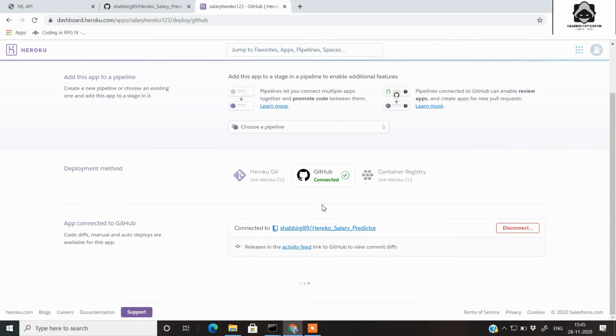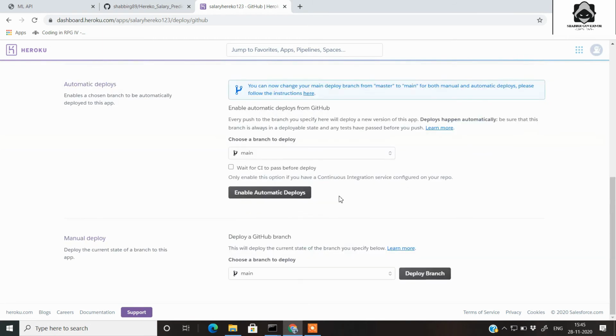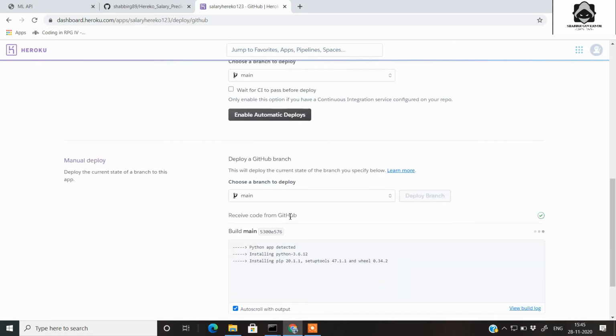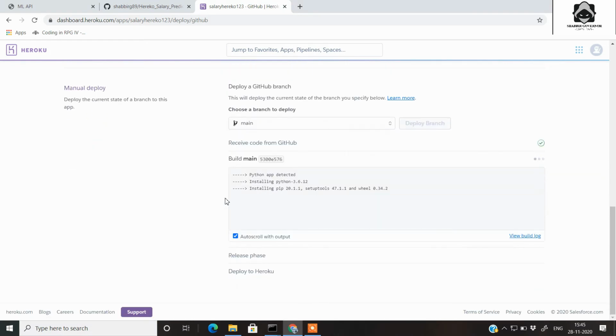So connect. It shows that it is now connected, and after that you don't need to choose anything else, just click on Deploy branch. It will take some time, don't worry, let all these things complete.